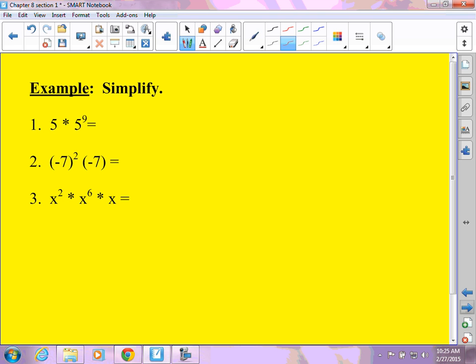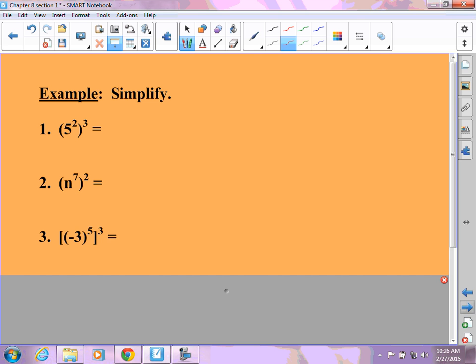This ends up being 5 to the 10th. What do I do here when my number is negative and in parentheses? Yeah, I still leave it negative, and I must include those parentheses, right? And then I get x to the 9th, because if there isn't a number there, a 1 is assumed, isn't it? Okay, so we talked about that yesterday, and then we had another rule,